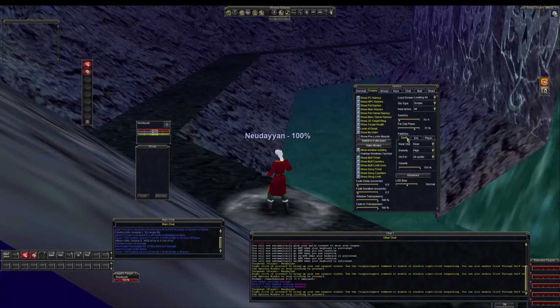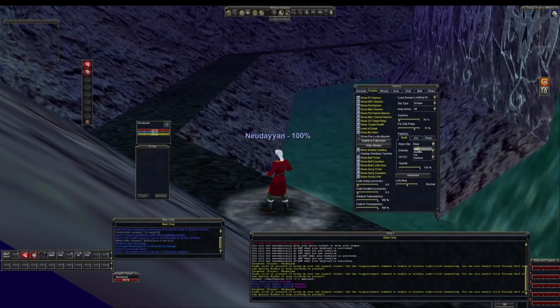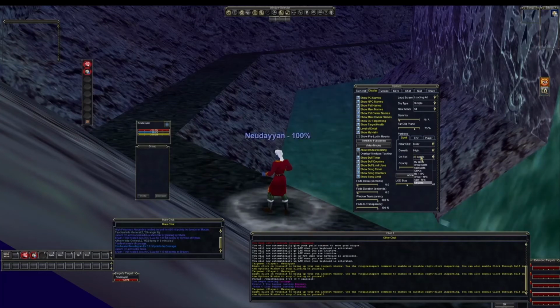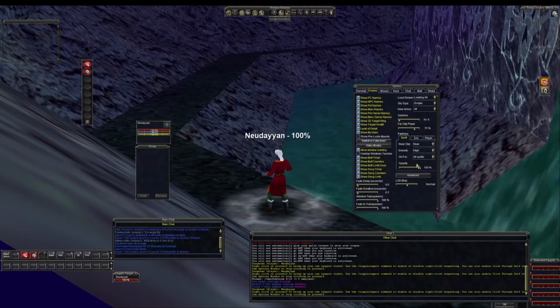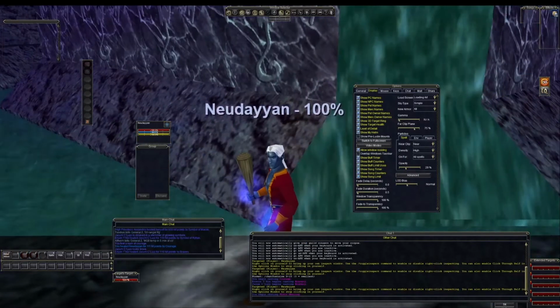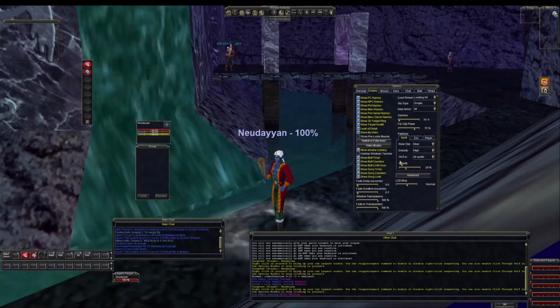And you can do spell effects for how far you see them away, the density of them. If you just want to see your spells, you can do your spells. I like to do that. You can lower the transparency of them. So you see here, I don't see it as much. And then if I put it all the way up,